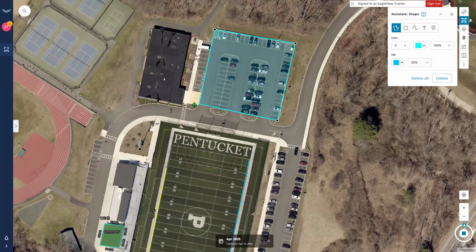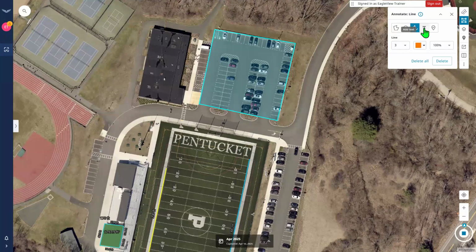So now we can start to highlight things. And again, it works with the same physics. A single click, double click, it goes into editing mode, clicking off of the measurement or the annotation on the imagery finalizes it. Then we can do a polygon, a circle, a line, text. And I'm a big fan of the text because we have our 5 different versions of font. But what we can start doing is